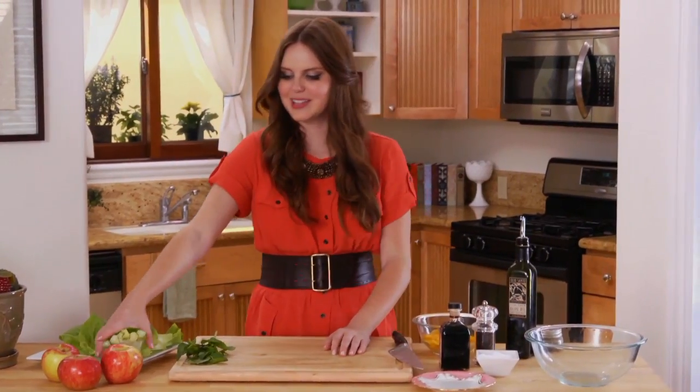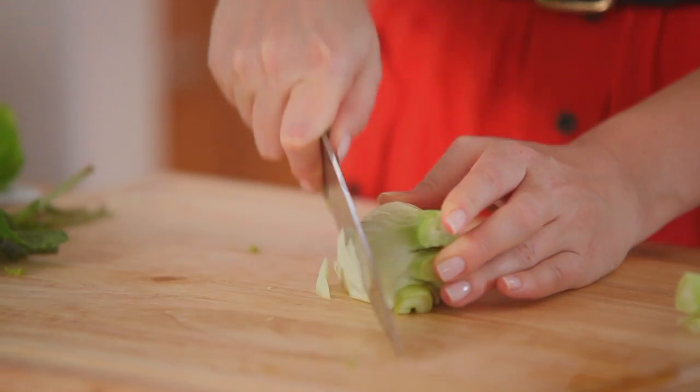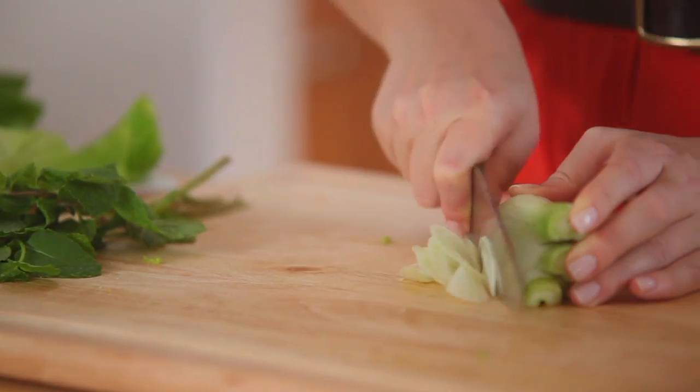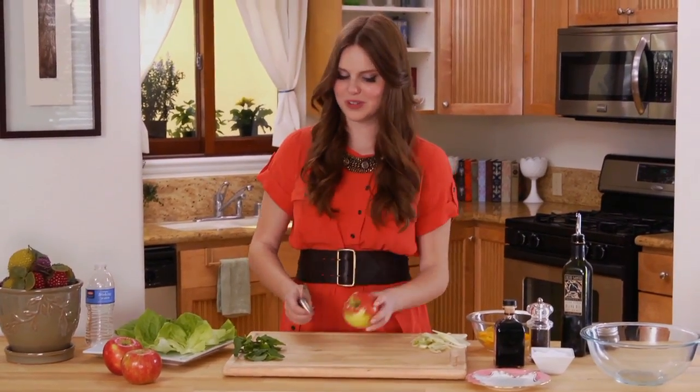So next, I'm going to slice my fennel. And you just want a really thin slice because it has a lot of flavor. It's really strong, and you want it as thin as you can get, just so you get a tiny hint of it. So next, I'm going to slice my apples, and I like slicing them horizontally because you get a